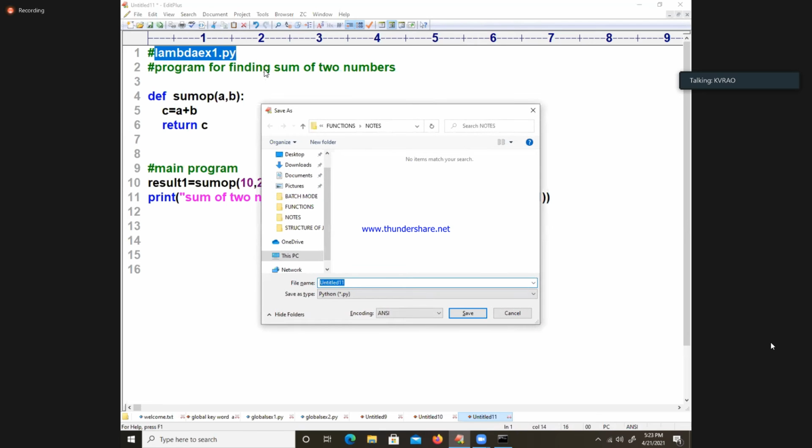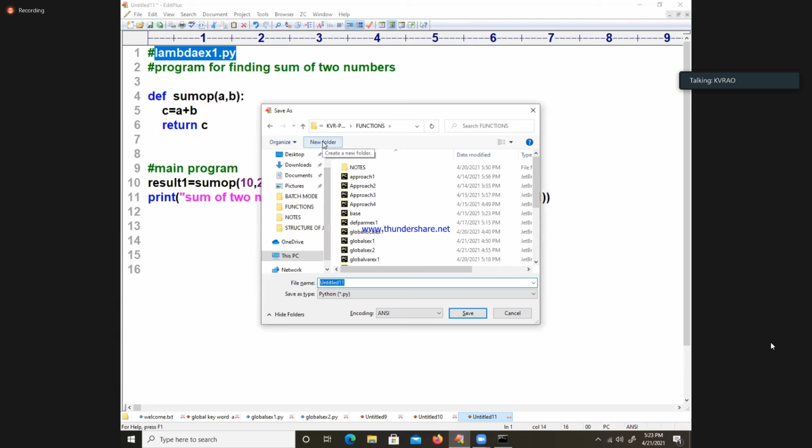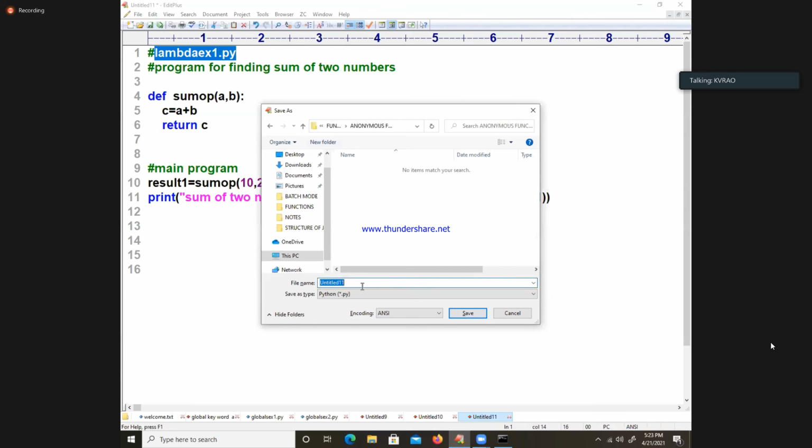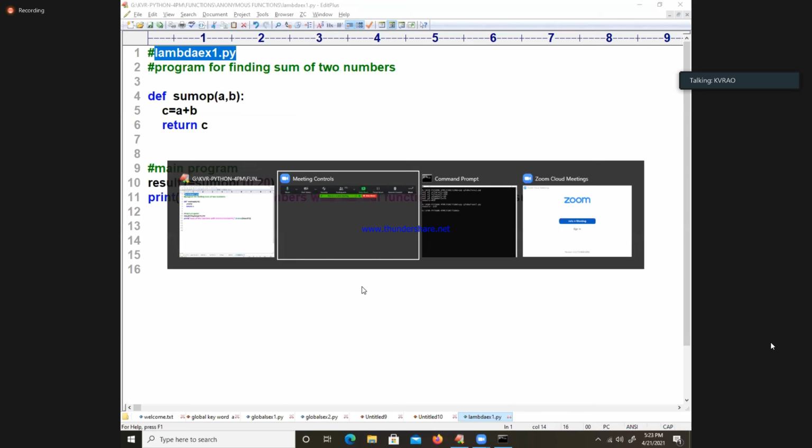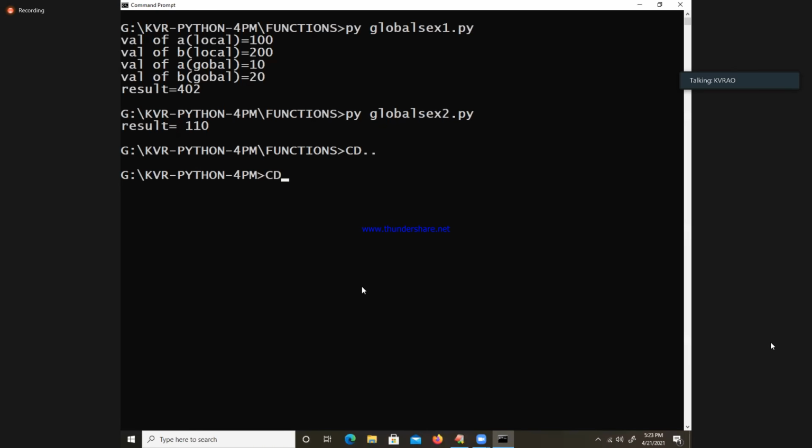Follow me. Go to the location of it. I will create one separate folder, named anonymous functions. In this I will save my program. You come out of this folder.